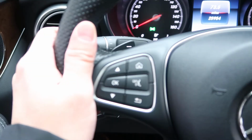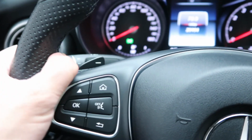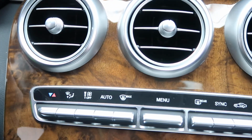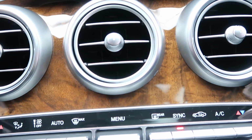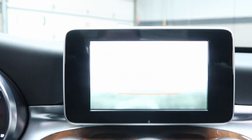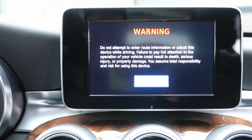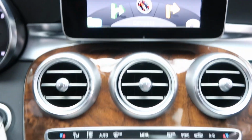Inside here we've got our steering wheel controls with Bluetooth capabilities, paddle shifters for extra performance. Let's go ahead and start it up real quick here. Rear backup camera, navigation, dual climate controls, our command center. This vehicle only has